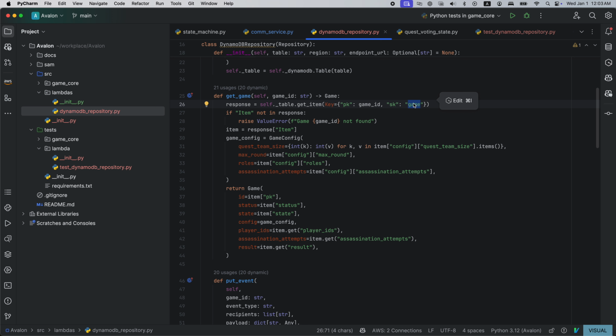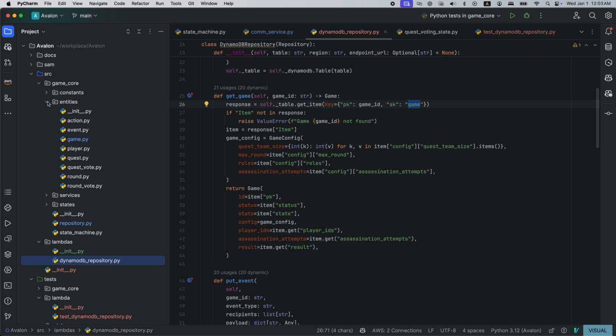So with the combination of the game ID, which is unique per game, and the player ID, which is unique per player, we will be able to find a player of a game. The same theory applies to event, action, quests, and round as well.